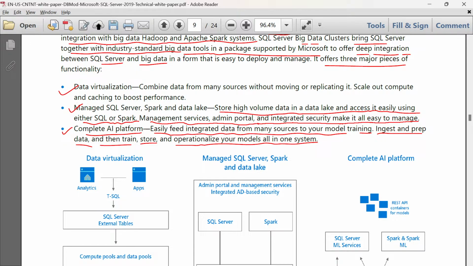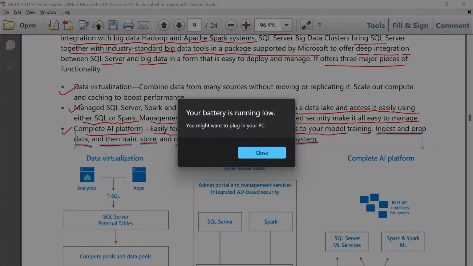Means you can easily integrate data from various sources. You will create a data model. Based on the data model, you will prepare a plan and train, store, and operationalize your model. Then you will train your data model to be operational either by supervised learning or by unsupervised learning.